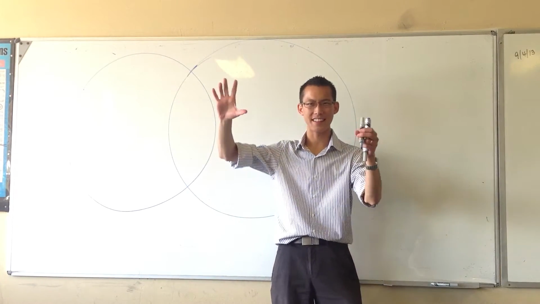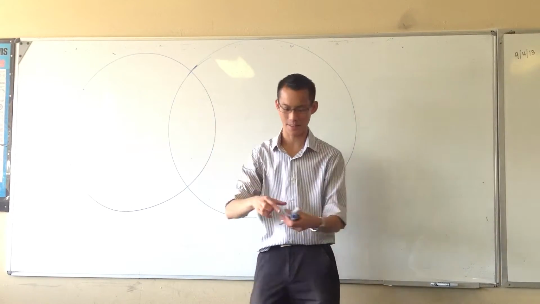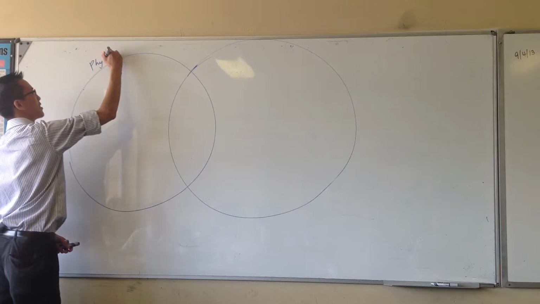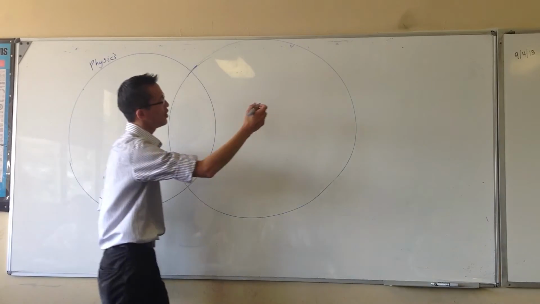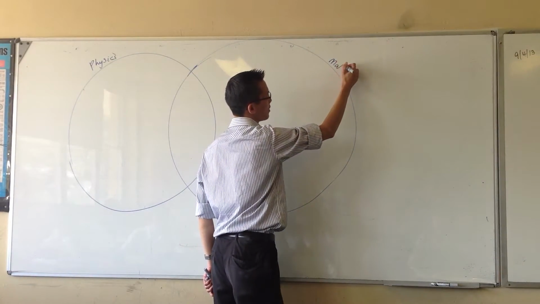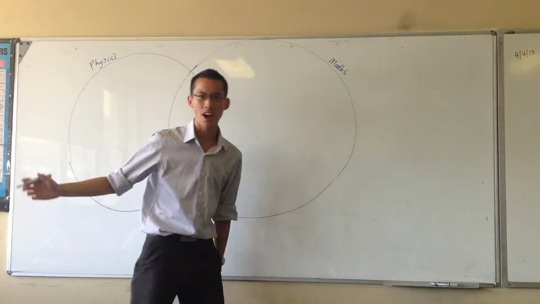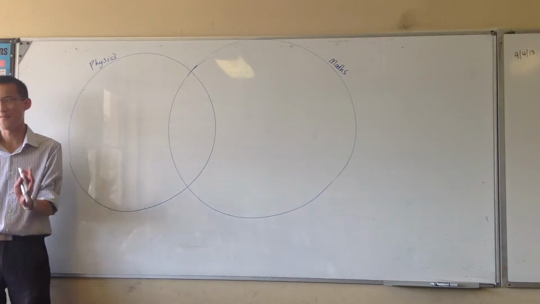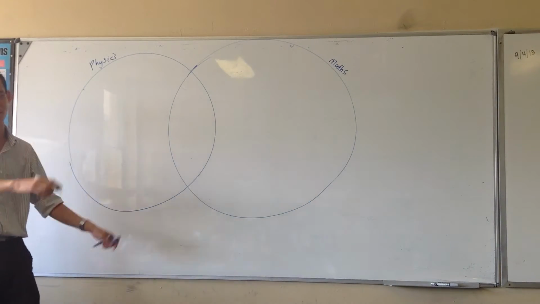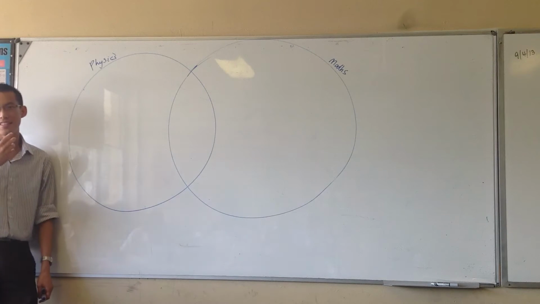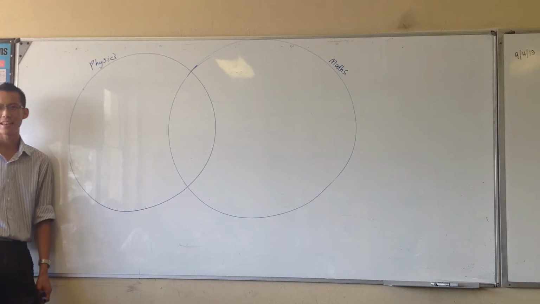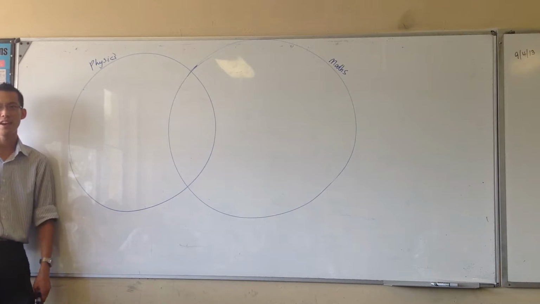And I want to try and get across the fact that physics and maths, that's what my 2 circles are, physics and maths, you can't avoid the fact that they're intertwined, okay? But to help you wrap your mind around how what we're doing is emphatically not physics, let me try and explain what the difference is. Physics is a science, and strictly speaking, maths is not. Maths is closer to philosophy than it is to science.